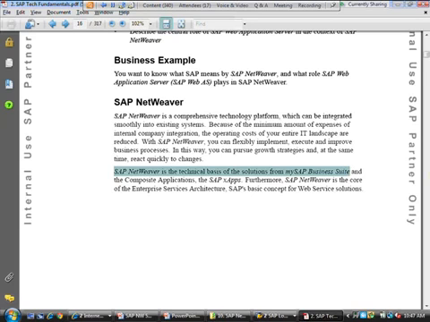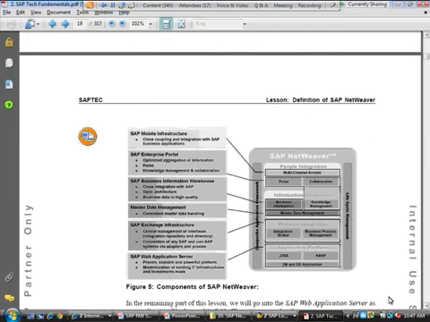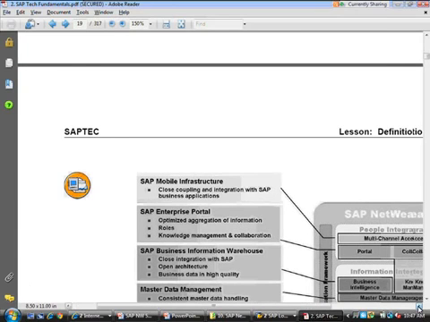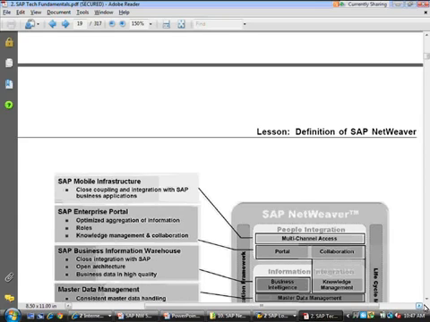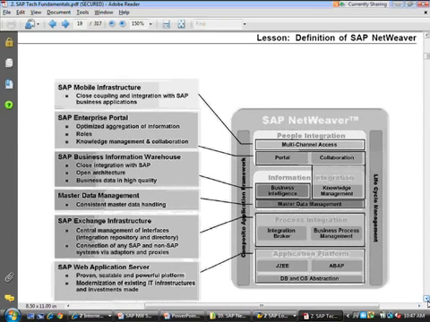So all of those 5 products are based upon SAP NetWeaver. What's inside SAP NetWeaver looks like what they call the refrigerator diagram. This is how it looks. If there's nothing else you remember from today, hopefully you'll remember this diagram. It's very key.